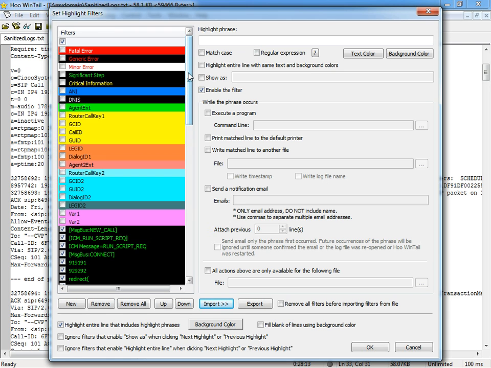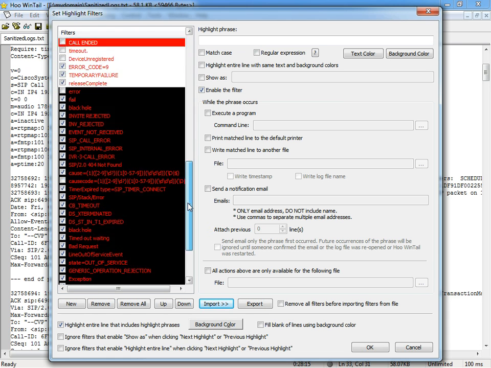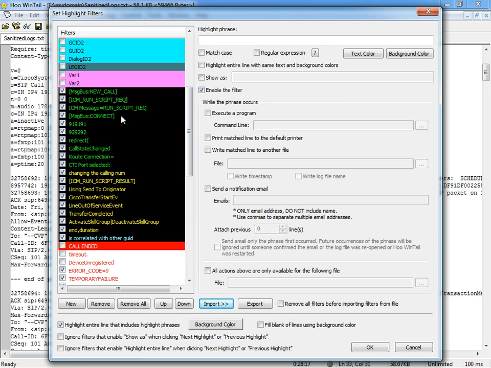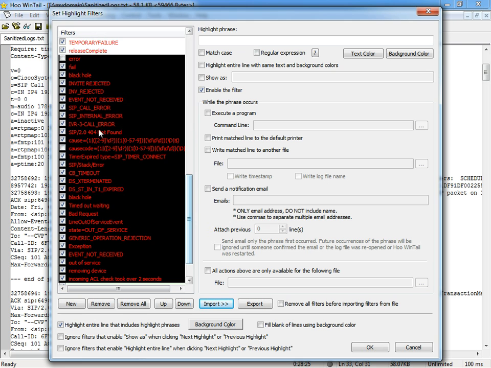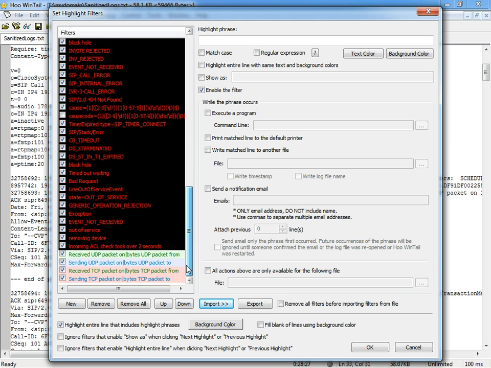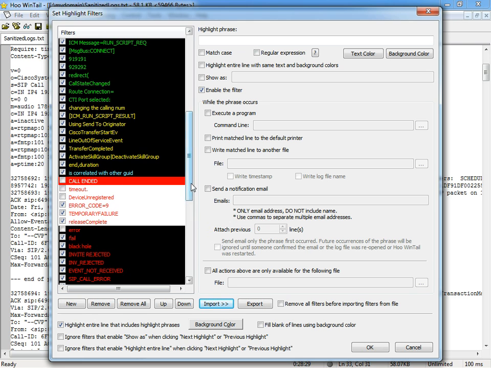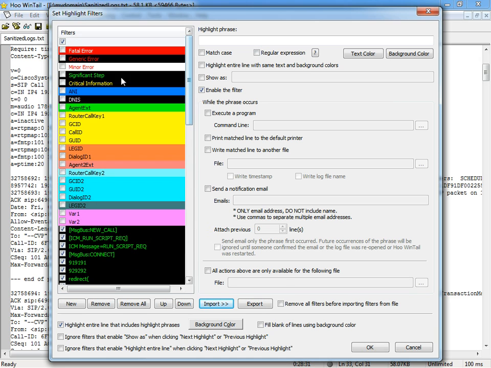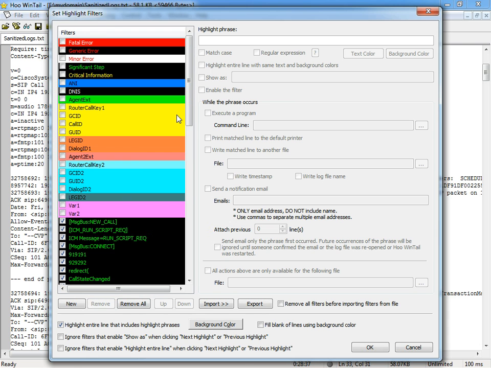Here you can see I have a whole bunch of pre-created ones, certain events that I like to see, like informational events, error events, other kinds of errors, and really bad errors. Basically, you come up with your own scheme. But now that I have all of these imported,